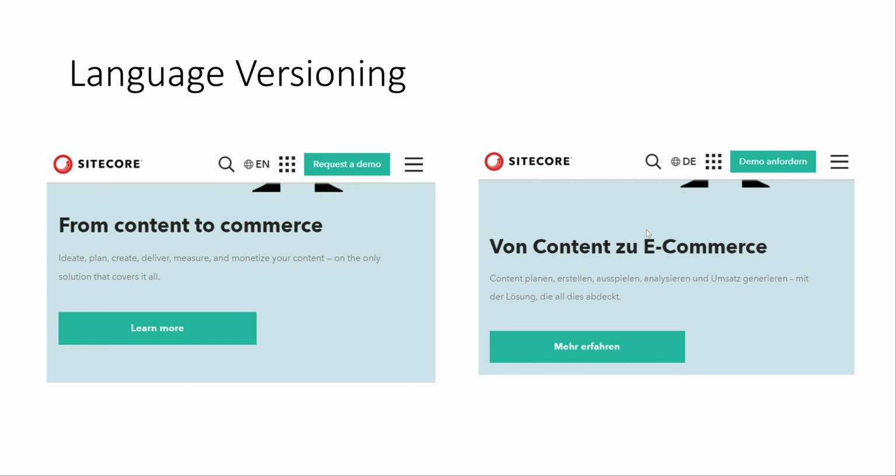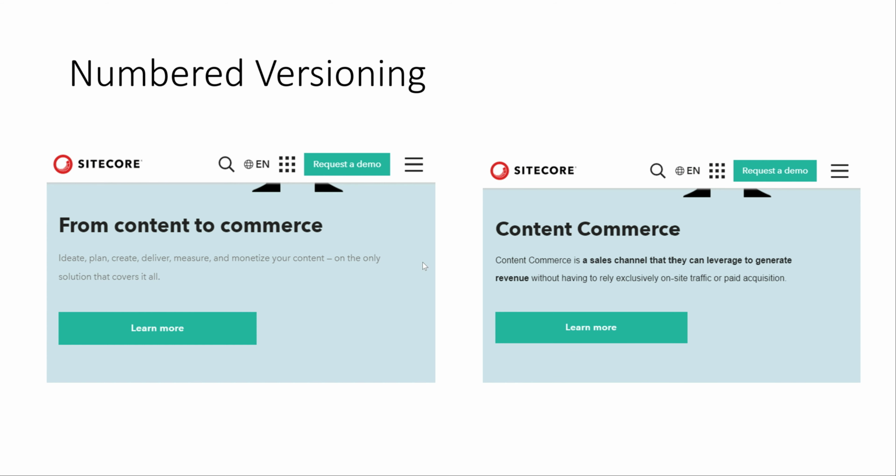And the second point we are talking about is numbered versioning. Numbered versioning is the same language, so it can be English or German, but in this context we are taking an English example. This version is already present, but we want to create another version of this particular piece of content, be it a page or data source. Then we can change that content and publish. Please ignore this, I just modified it directly in the browser. This content will not be available on sitecore.com, I just created it for demo purposes.